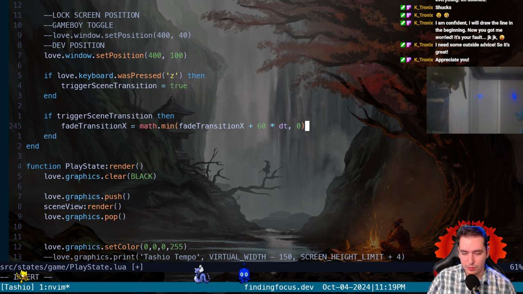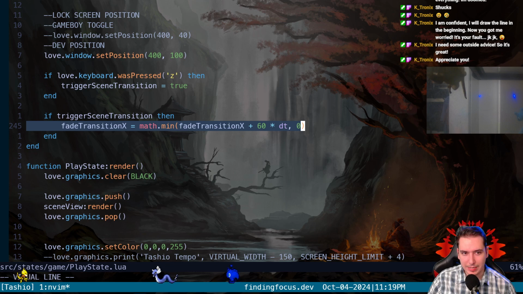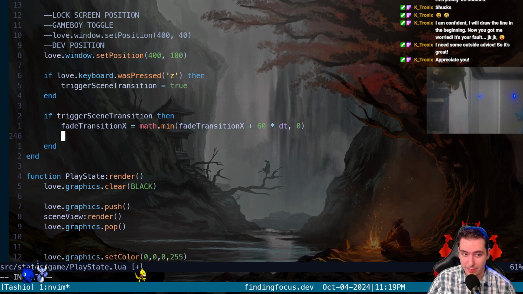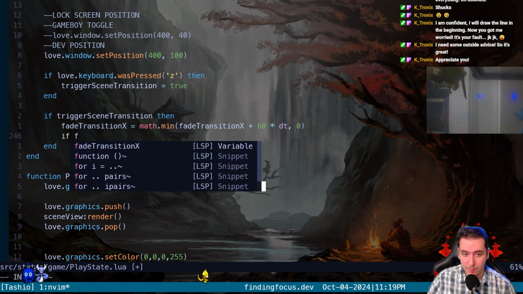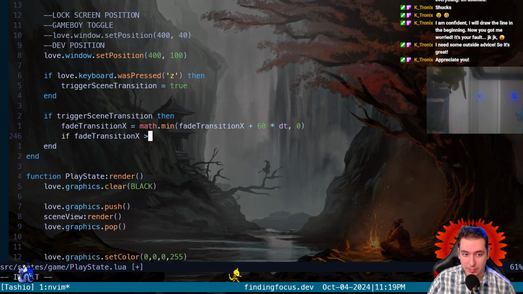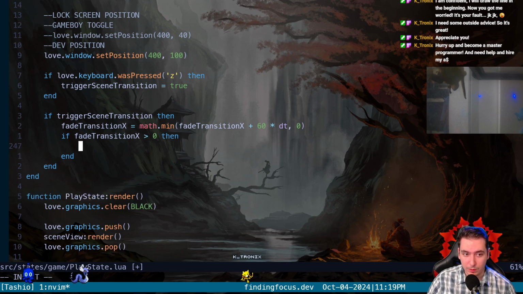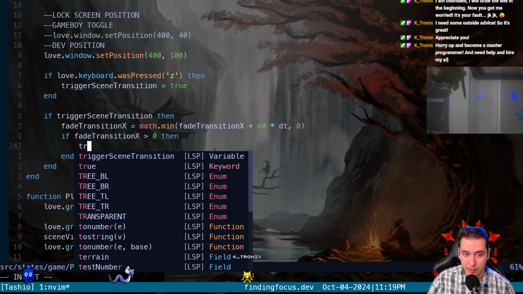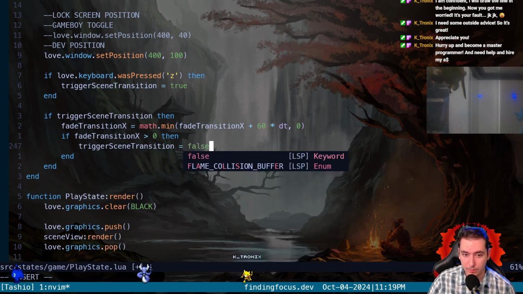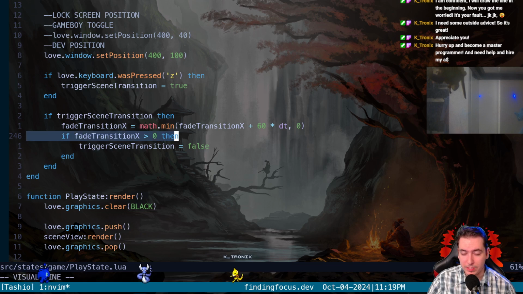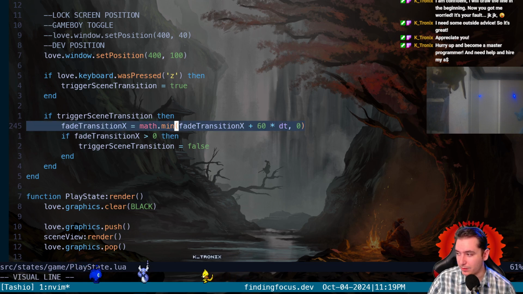So as soon as the transition X gets to be 0, then this math.min function will just return 0 so that we don't go further. And then we can say something like, if fade transition X is greater than 0, then we would go ahead and stop triggering our scene transition. And this works because,